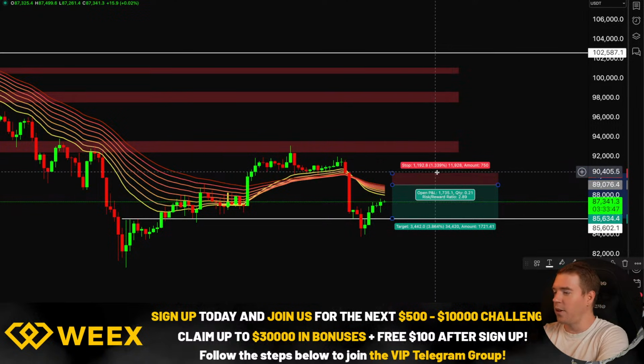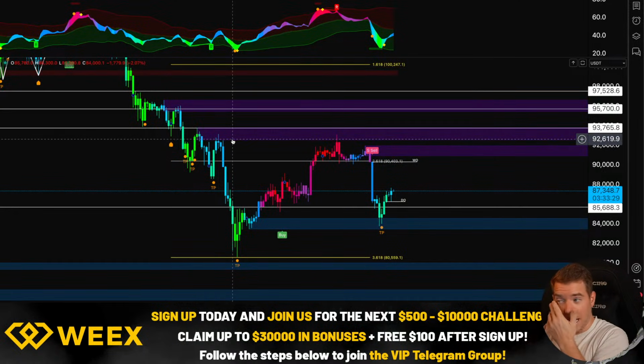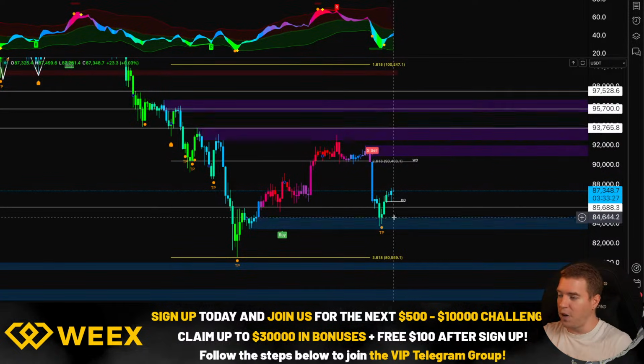You have here a 1.34% stop loss. It's still worth it to take the trade though, from a risk to reward ratio perspective, but it just shows you again that the upside is still favored here, especially when you spot the right setups. When we're looking then at the MDX algo scalp gradients here, we came down into this blue order